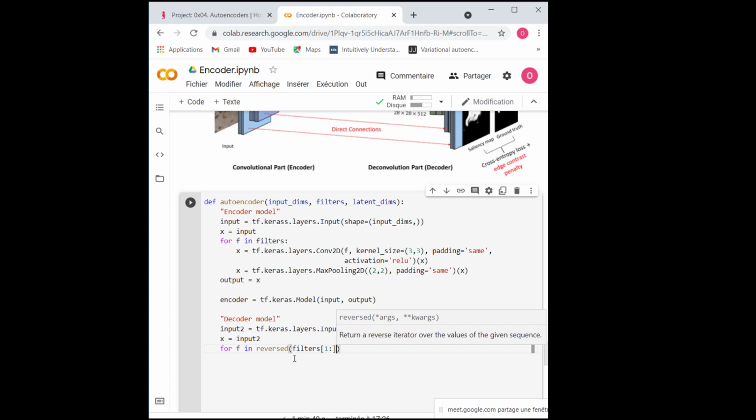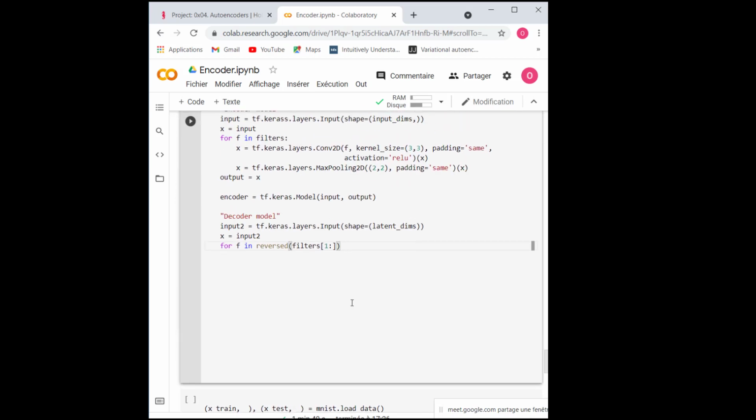Here we don't have the last filter, which is the first one in my list of filters. And then the output will be the next part to do. This is my loop.